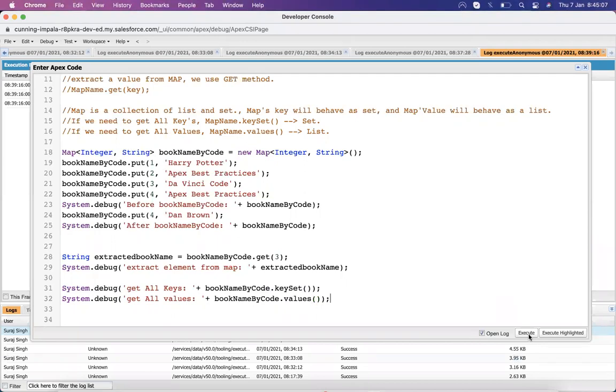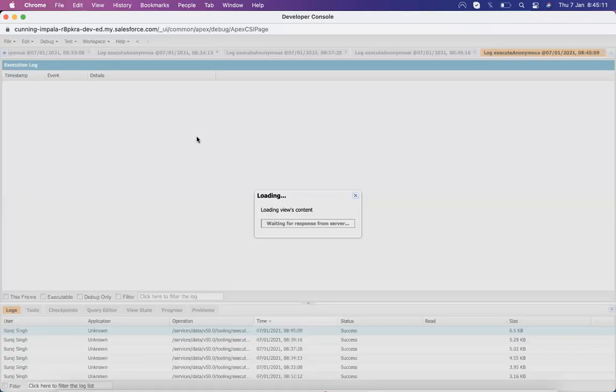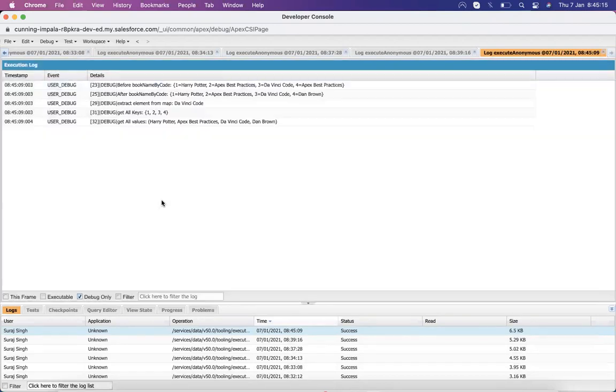Let me show you. You can see that all the keys are 1 2 3 4, and all the values are Harry Potter, Apex Best Practices, Da Vinci Code, Dan Brown.